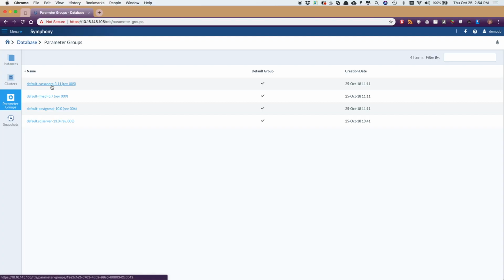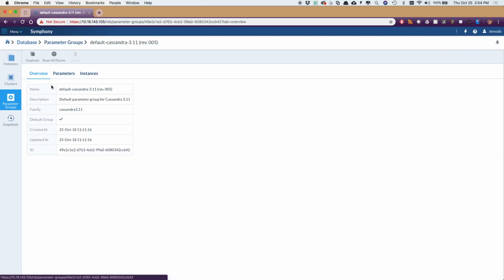So there's database-specific parameters here that are created when you load the engine. So there's one for Cassandra, and there's a default set. One of the important things about the default set is that there's certain parameters that you would scale based on the compute and storage resources, and we've set those up with formulas so they scale. That's great. But you can always, if you like, make your own parameter groups. So the operation to do that is you basically duplicate the default,